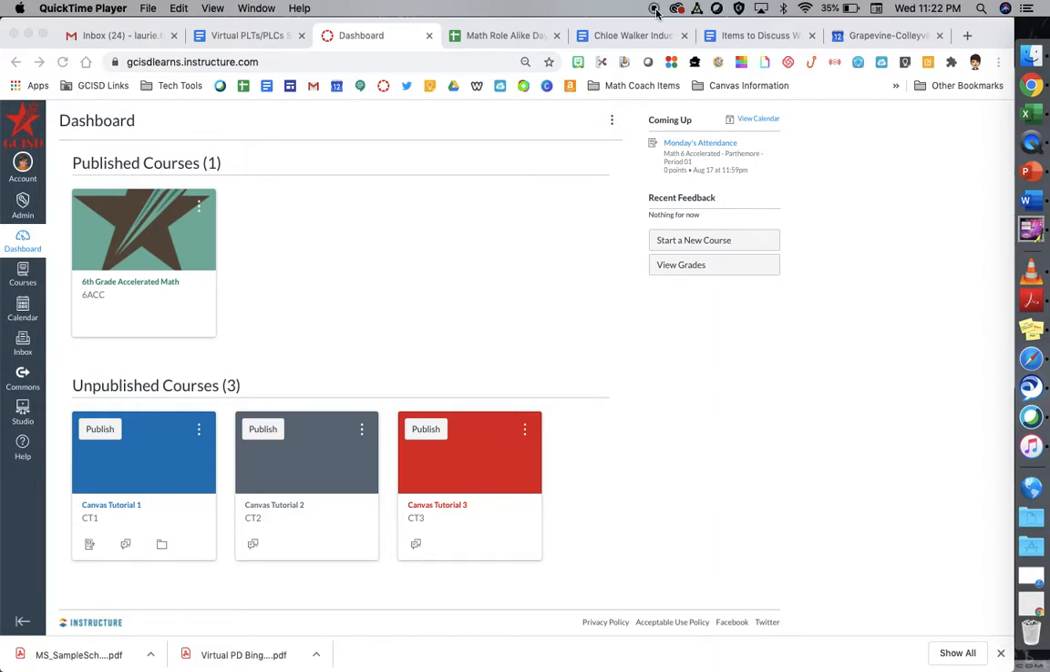I'm going to share with you some things that you can do in Canvas that will make it easy to transfer information. I'm going to show you two different ways depending on how your dashboard is set up. The first thing I want to do before we get started with transferring is to show you how to upload